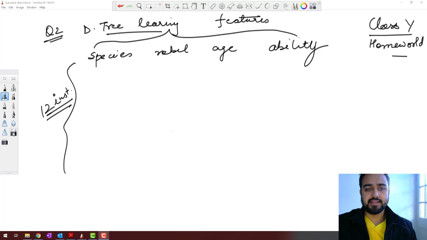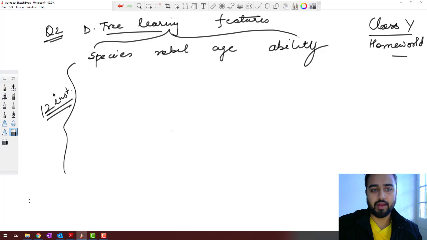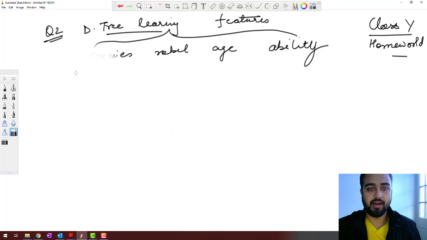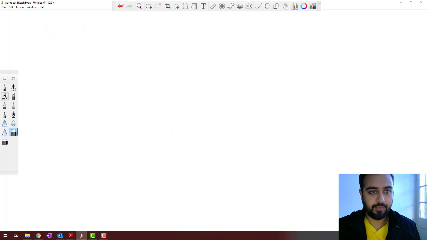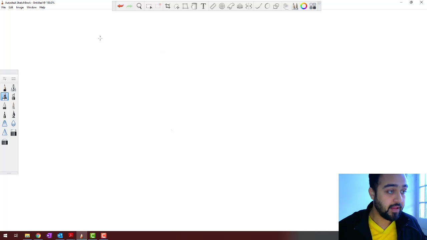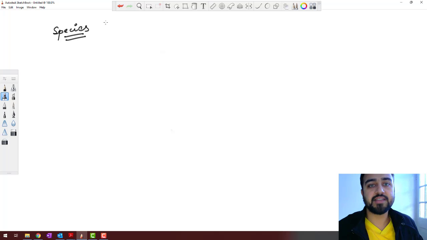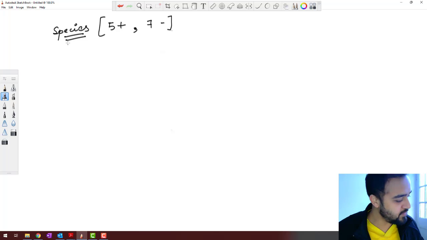So, if you have this data set, the first thing to do is remove this part, and we'll just use the data set that is given, and I'll write down directly what we have. Let's take species. If you take species, there are 12 samples or instances, out of which 5 give positive and 7 give negative. Species are of 6 types, that is pearl,